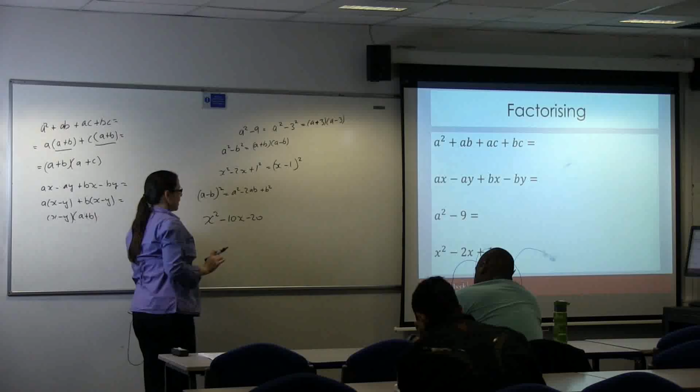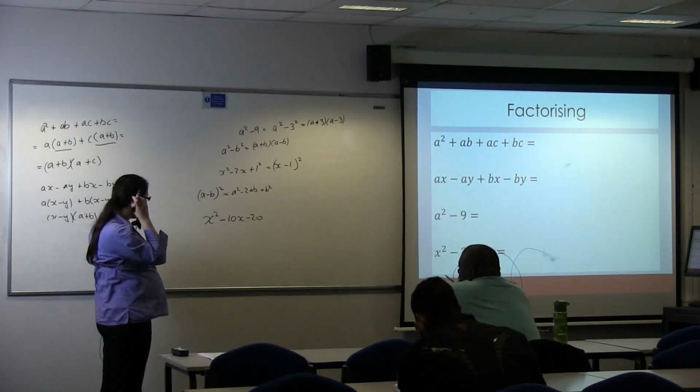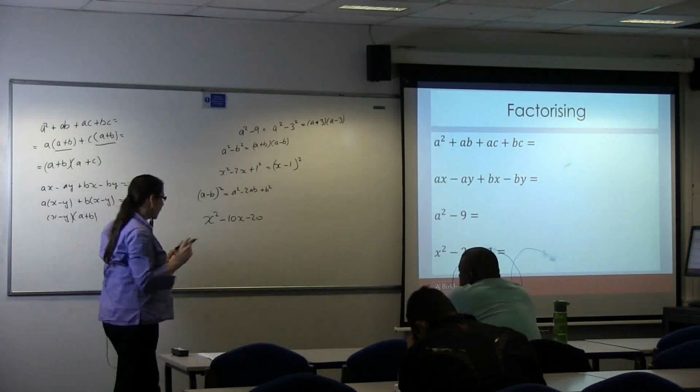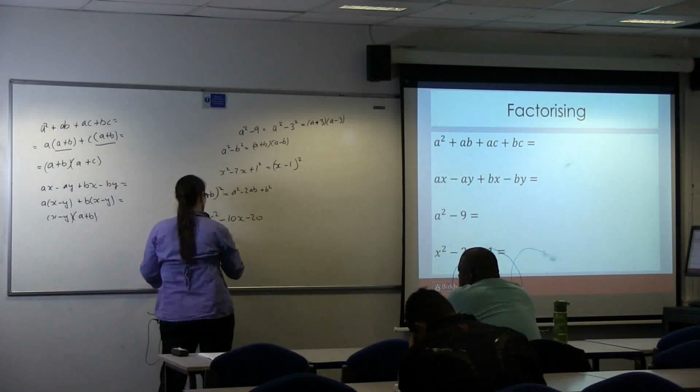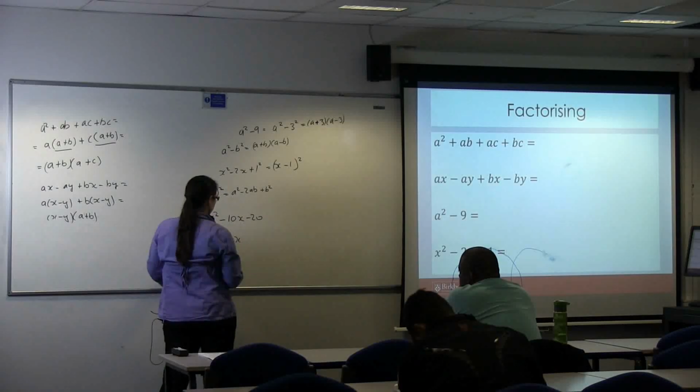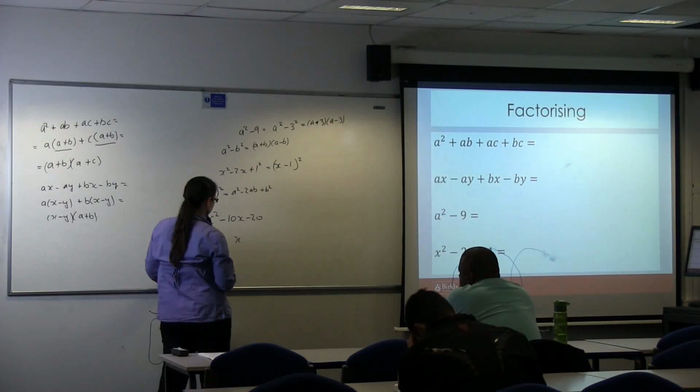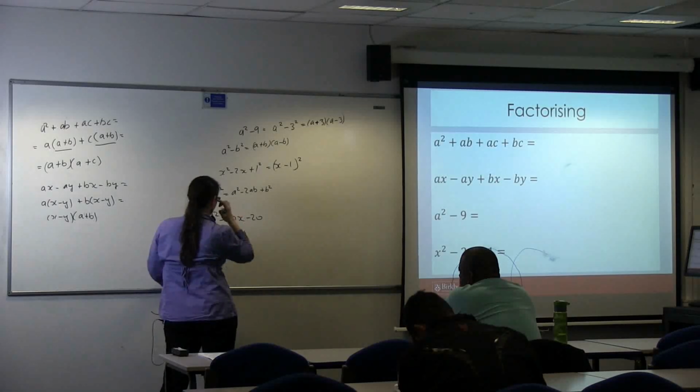If I look at something like this, then I can see, okay, I can probably break this one up as x squared minus sometimes x, and then maybe 2 times x,